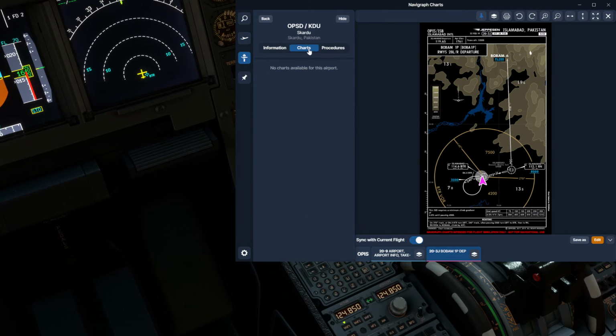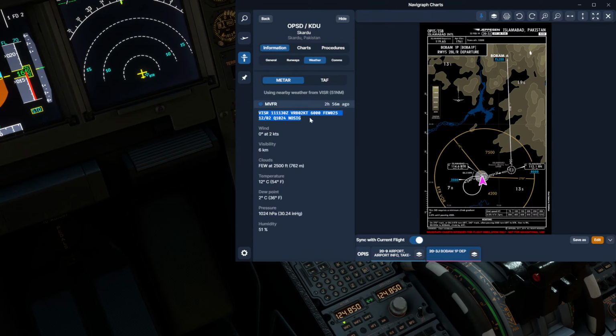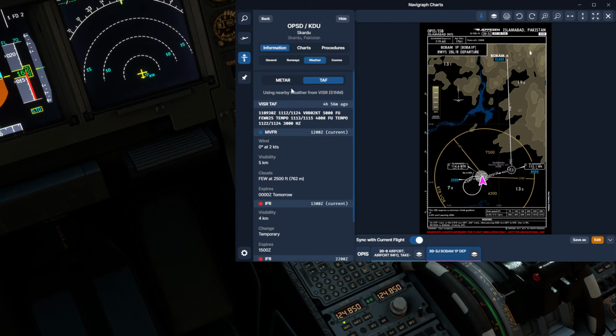There are no charts. There are no arrivals. There's absolutely nothing. Grand. Weather. Come on, at least give me a METAR. There we go. There we go. So that's VISR. That's not even in the country. It's 50 miles away, which could be completely wrong because we're in the mountains. So I'm not going to take that with any particular